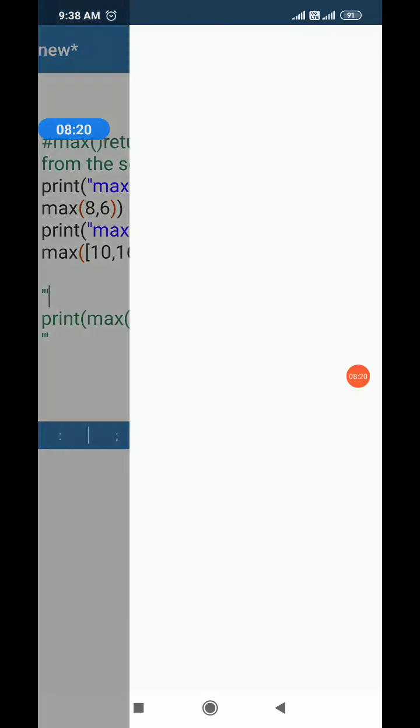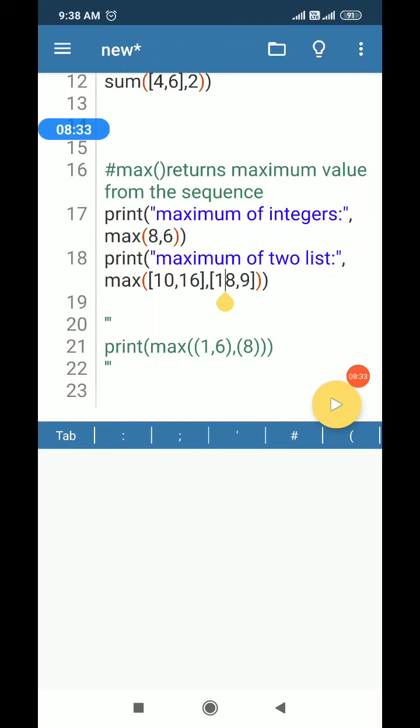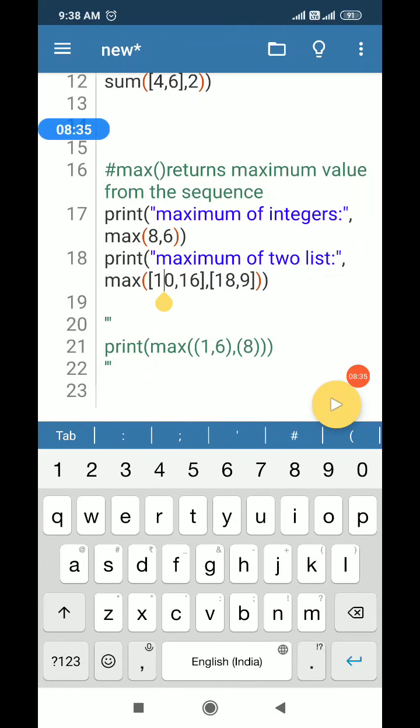So let's see. So you can see here that 18, 9 will be printed. You can also cross check it, like if you increase the value here, the maximum function should now return the first list, that is 80, 16.